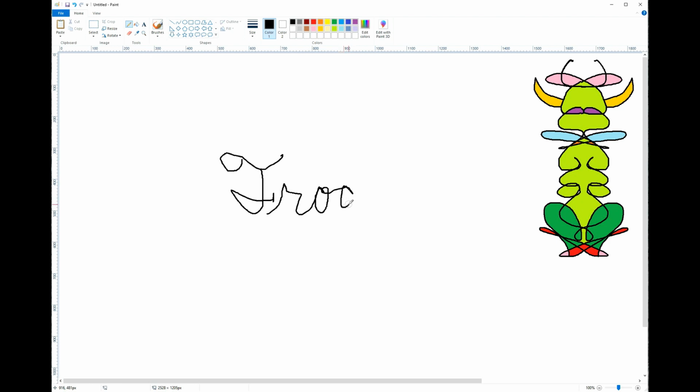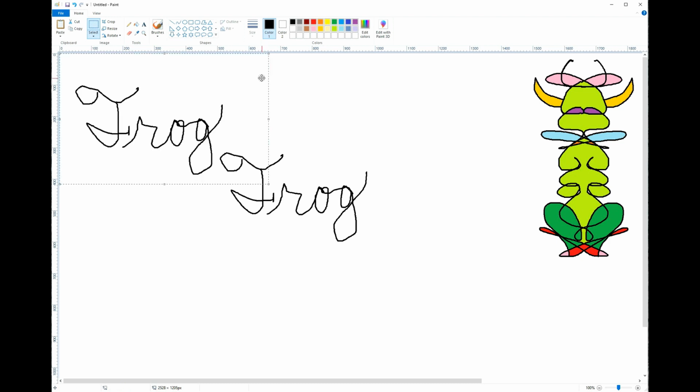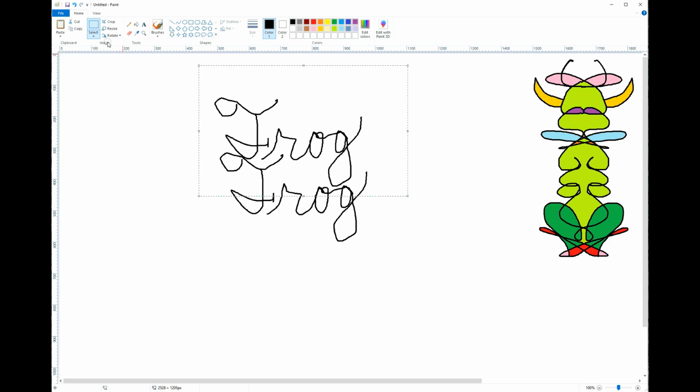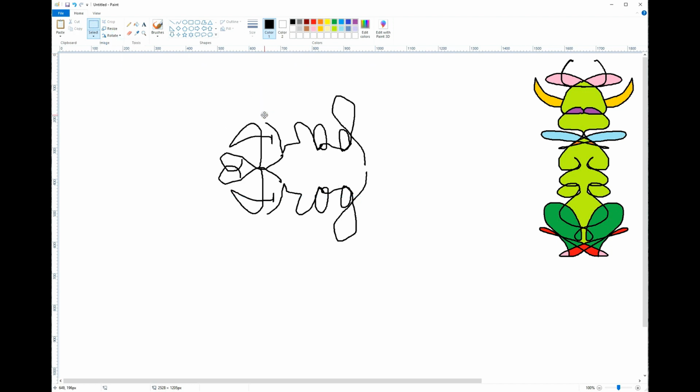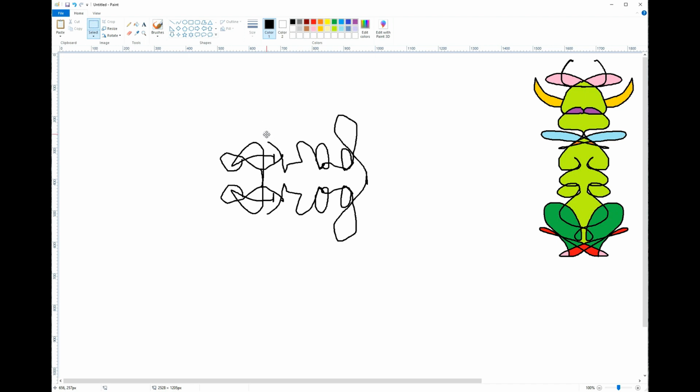I can write a lot neater than this, but with the mouse it's tricky. F-R-O-G. And then just pick any word you want. And you select it, copy, paste, go to rotate and choose flip vertical, and frog makes